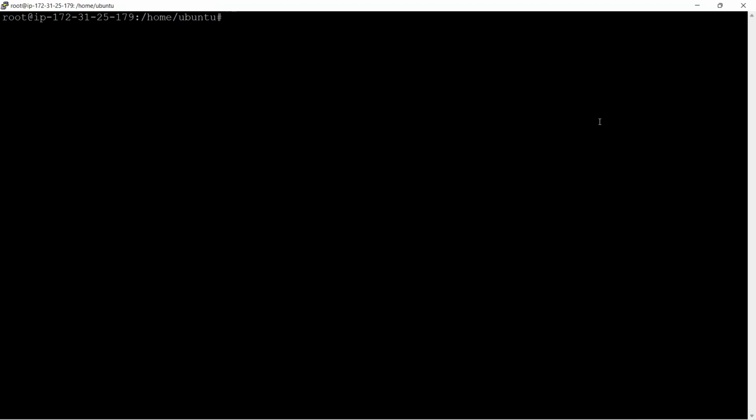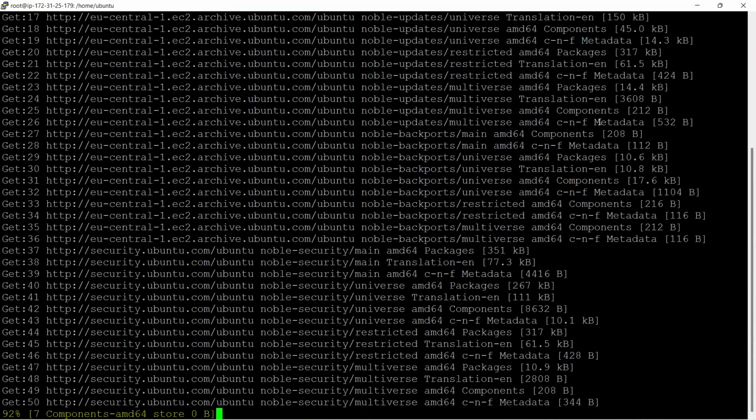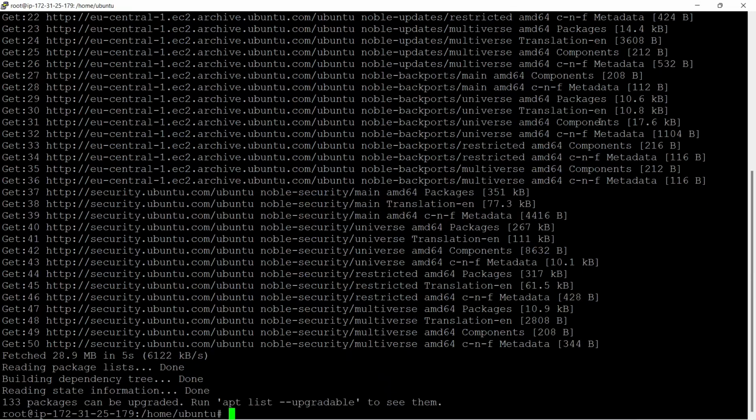Now I have my terminal open. So this is actually an Ubuntu server on the cloud. So first things first will be to make sure that we are able to update all our packages. So this will just take a few seconds and then that's done. So that by the time we're trying to install Docker and we're trying to install Compose as well, it's going to fetch the updated requirements, like the up-to-date